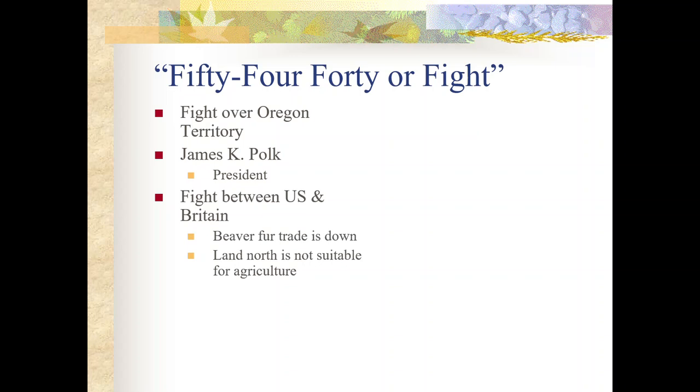Even the United States agreed that that 54-degree line of latitude really wasn't quite suitable. So they ended up peacefully, in 1846, dividing it at the 49th parallel. And agreeing to divide it at that line was how we peacefully gained the Oregon Territory, which is the present-day states of Washington, Oregon, and even parts of Idaho.